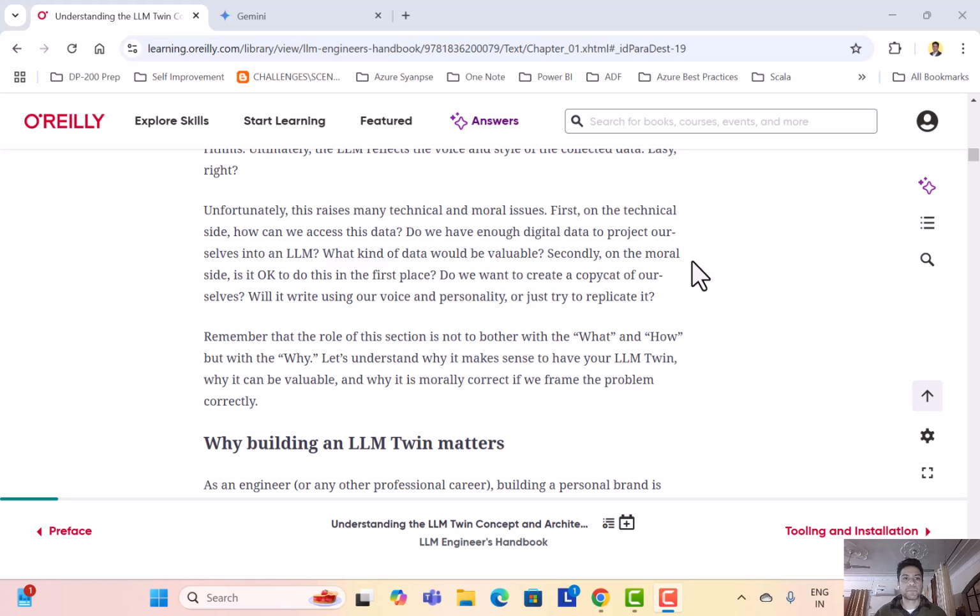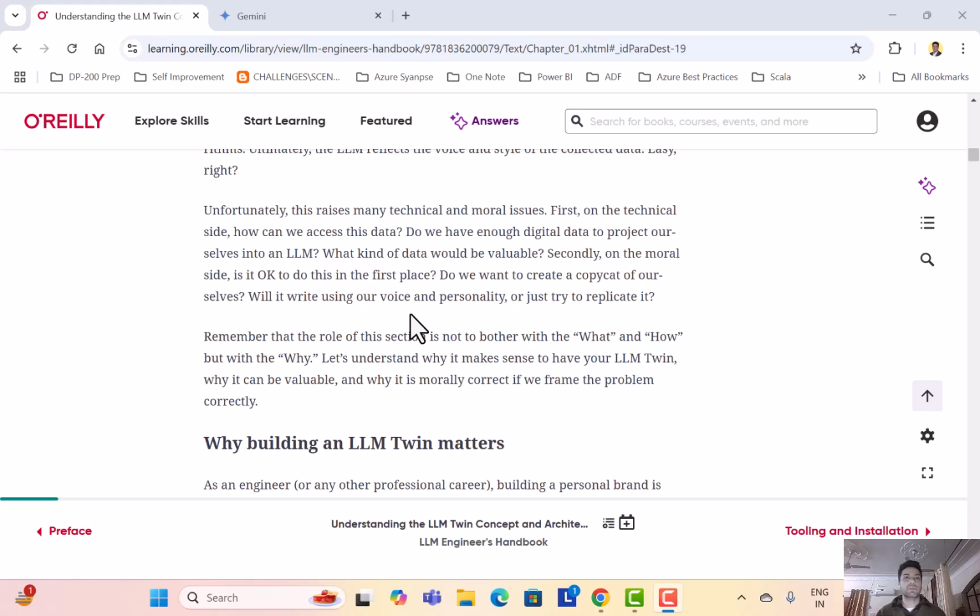Let's understand why. I think they are raising a couple of important questions. The first one is obviously the data. When we use an LLM trained on some personal data, it could be my data. So the first question is whether I have data with me.